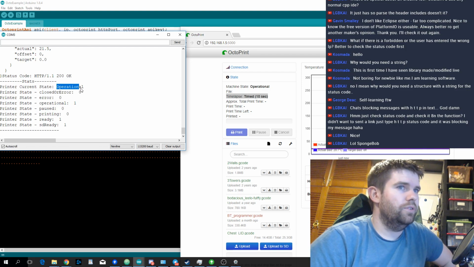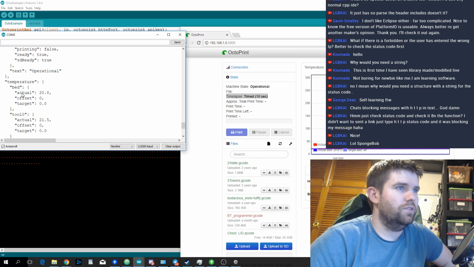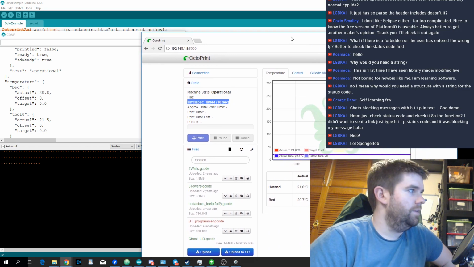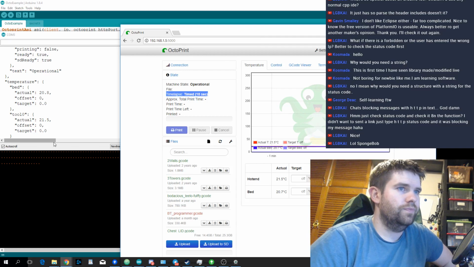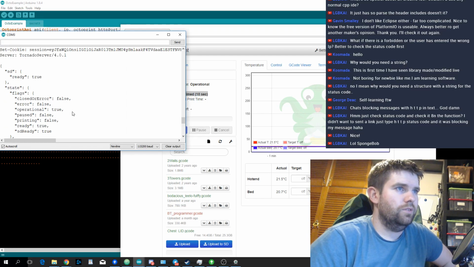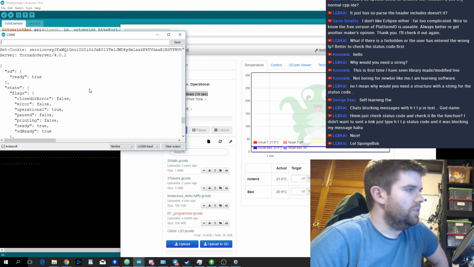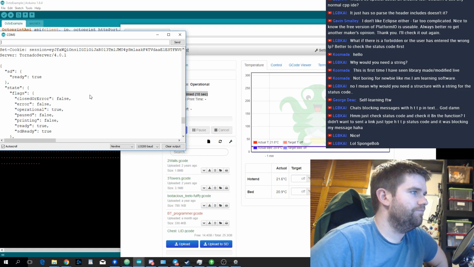Printer is operational. You can see that the bed temperature is 20.8, which is pretty close to what it is here. Yeah, so there we go. Completely moved over to